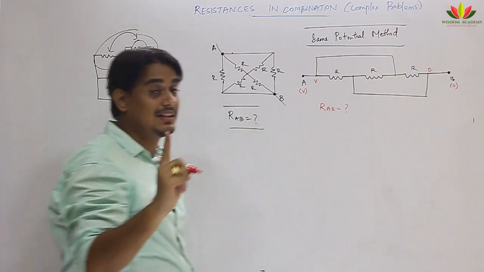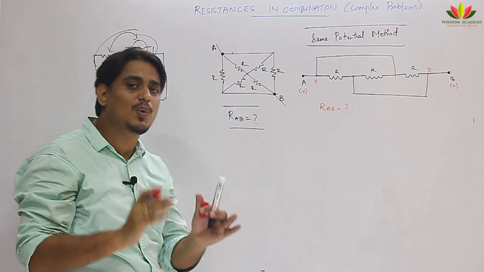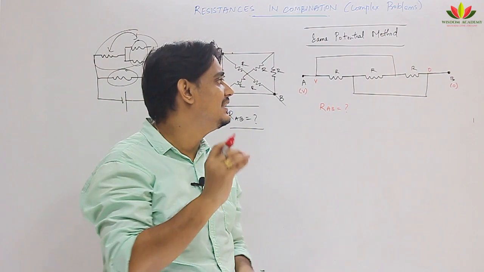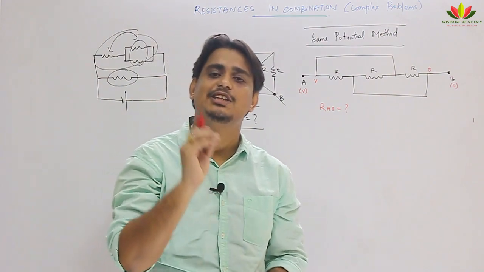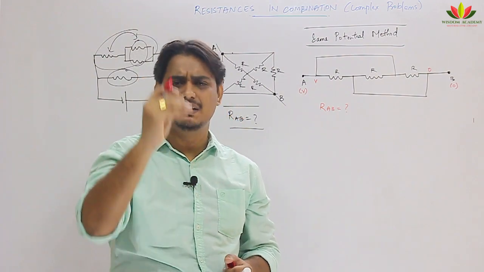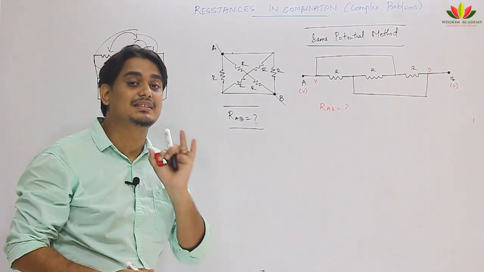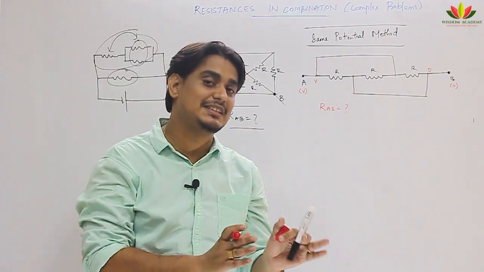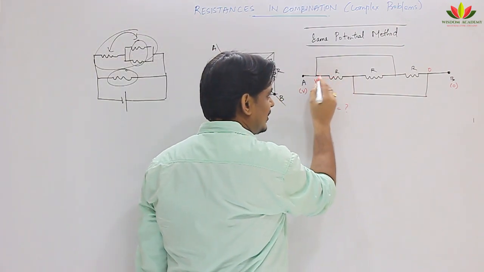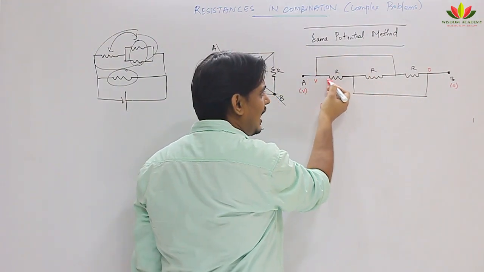I told you in the previous class also, remember that when you are moving along a path, if there is no resistance, no capacitance, no inductance, then the potential does not change. Only if there is an appliance, like a resistor, an inductor or a capacitor, you can expect some potential drop. Until that is present, there will be no potential drop. Suppose I am moving in this path. In this path R is falling. Definitely this point's potential will drop because R is falling in this path.